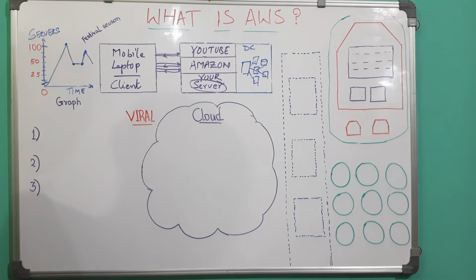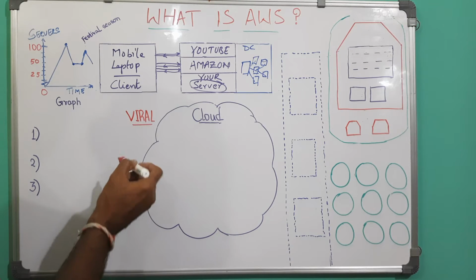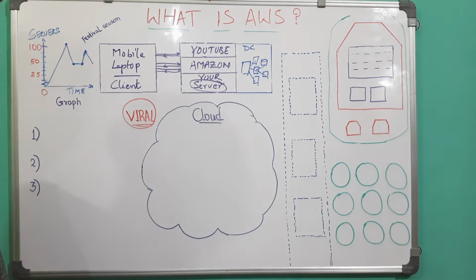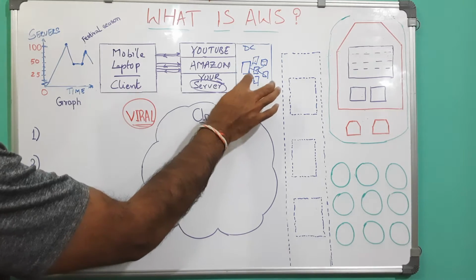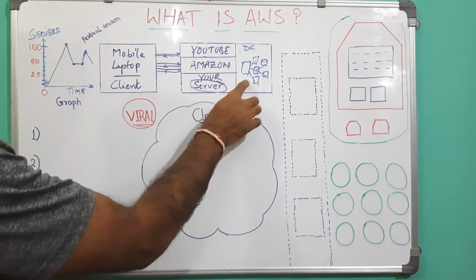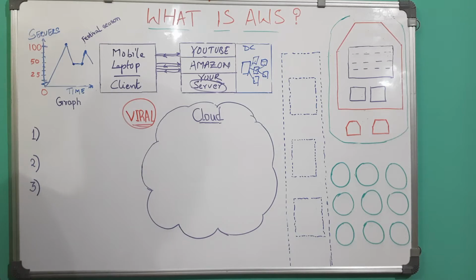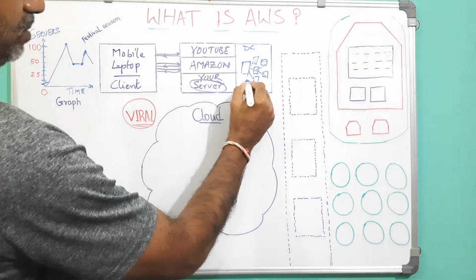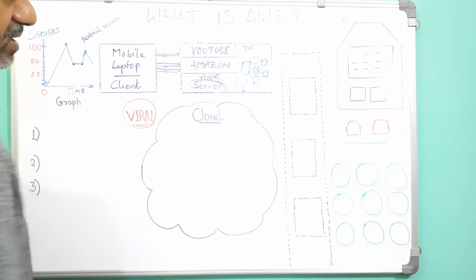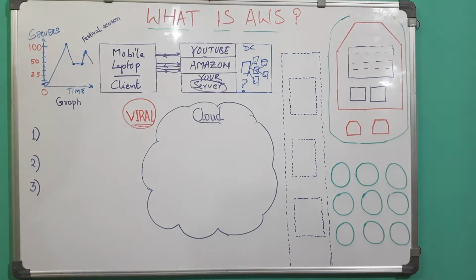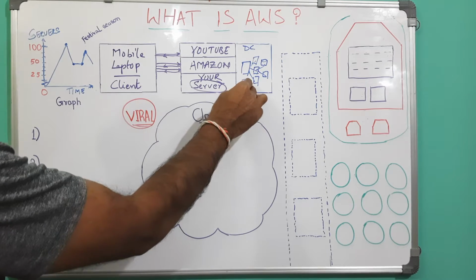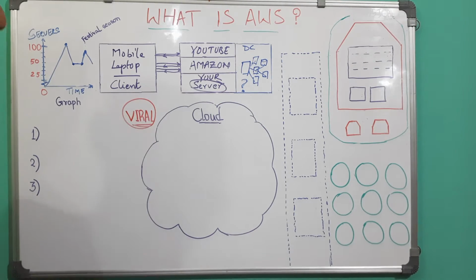So basically, let's say over a period of time, your application has gone viral, and you have millions of customers trying to access this, and this may not be scalable, and you need a lot of servers. Since these are all physical servers, you need to go and procure those servers, and it's going to be a time consuming process. How do you scale fast? So that's the question it comes to. Then comes the solution of cloud, which can actually provide many servers over a short period of time when your application is ready to go viral.